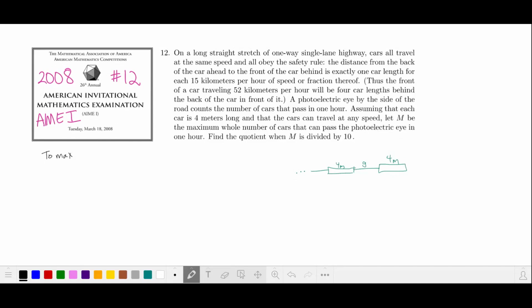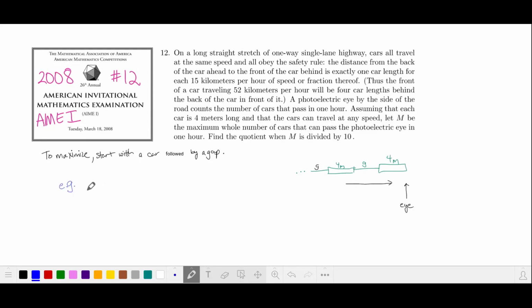To maximize the number of cars passing by this eye, we'll start off with a car that's 4 meters in length, followed by a gap that depends on the speed of the cars, and then we'll have the next car with its gap following. We want to express the number of cars that pass by this eye in terms of the speed. Let's see if we can use the example provided in the problem statement to generate a formula in